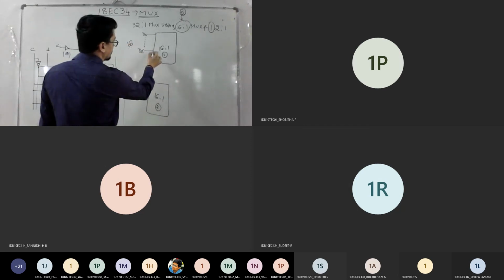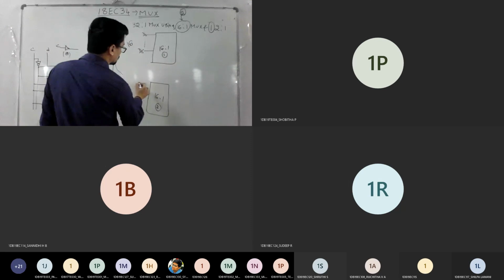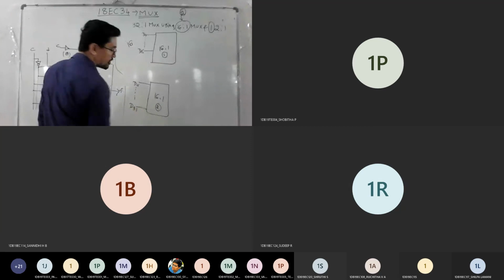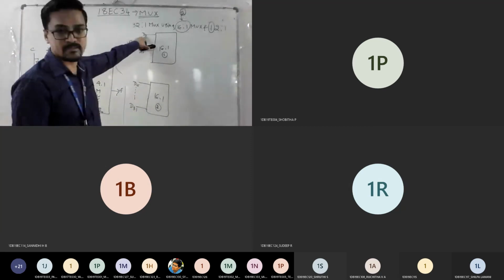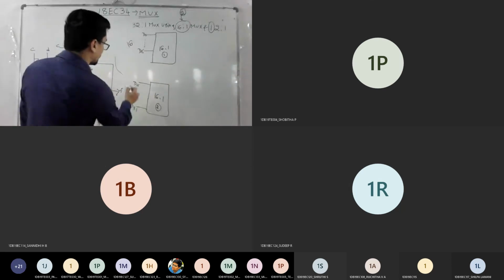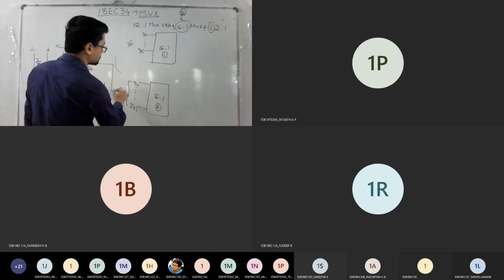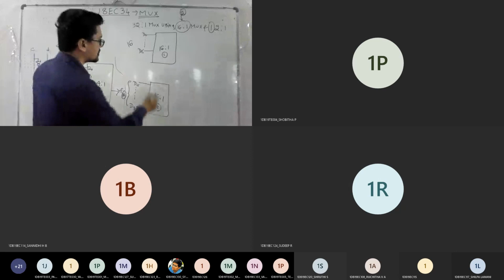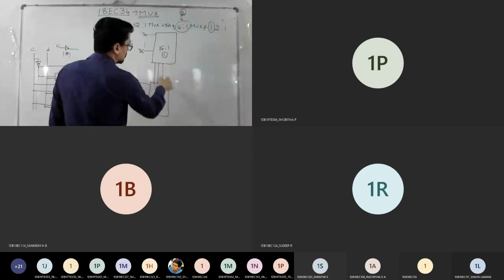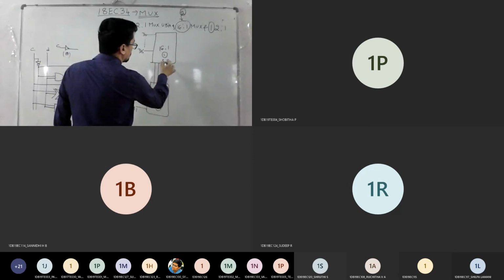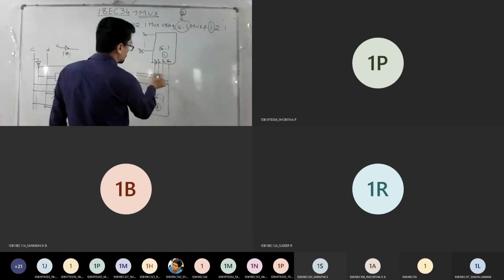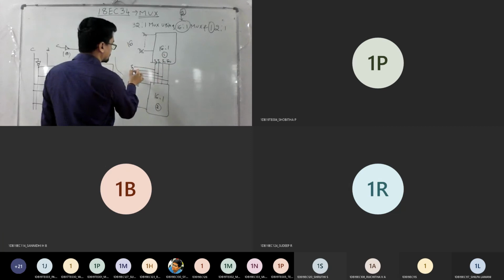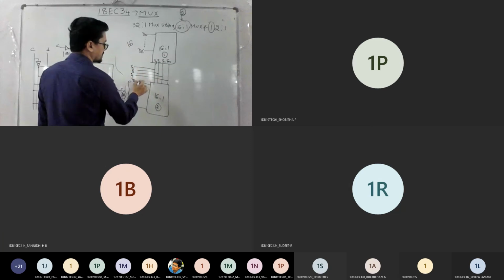So you will be having selection pins and the enable pin that you will write. Then you will be having D16 till D31. Don't write 32 again. If you write 32, it becomes 33 pins. Starting with 0 means ending with 31. So again, this is also 16 combinations. So selection pins, how many can you control here? 4. S0, S1, S2, S3. So you can mark the selection pins like this: S3, S2, S1, S0.